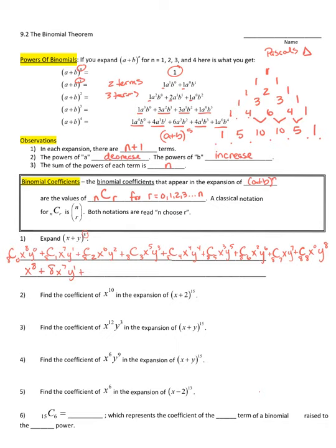So 8 times 7 is 56, divided by 2 is 28. And that'll be x to the 6th, y to the 2nd. Now we're going to go 8, 7, 6 over 1, 2, 3. And that's going to be 56, because